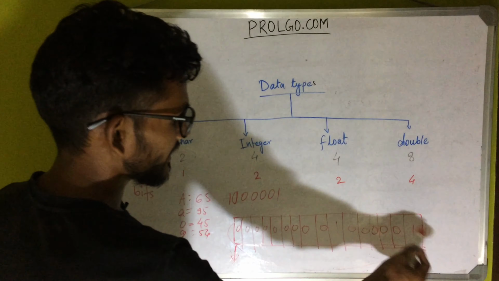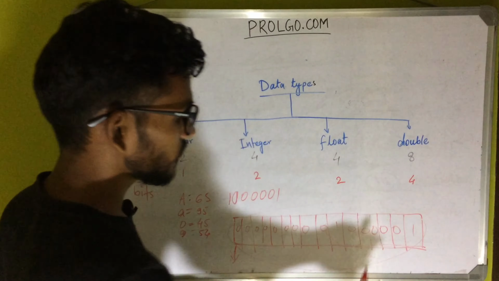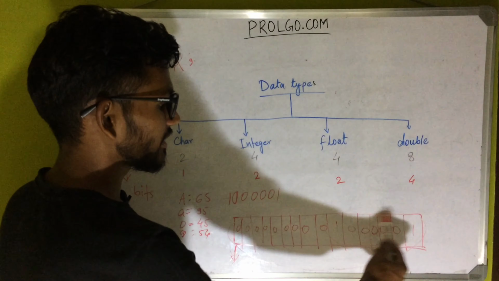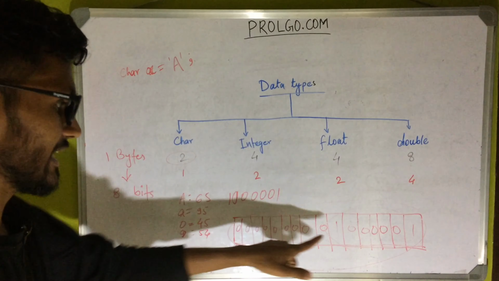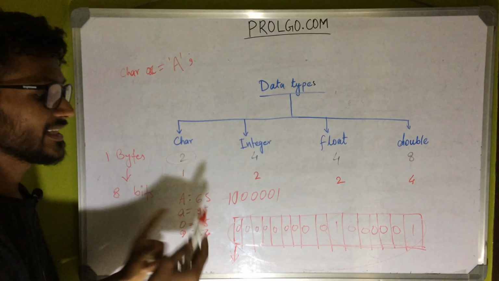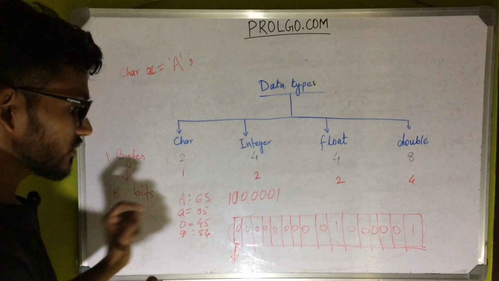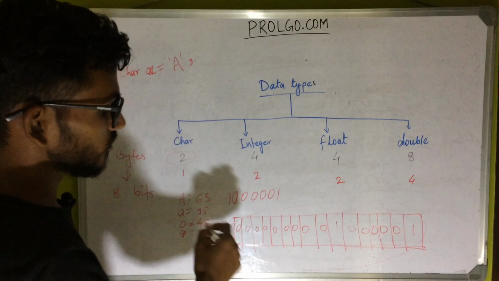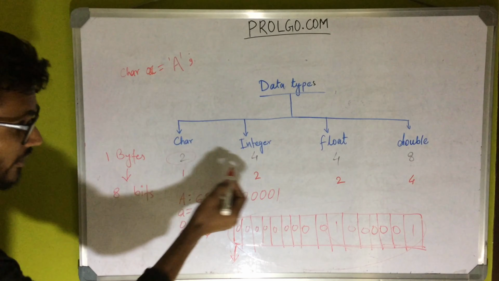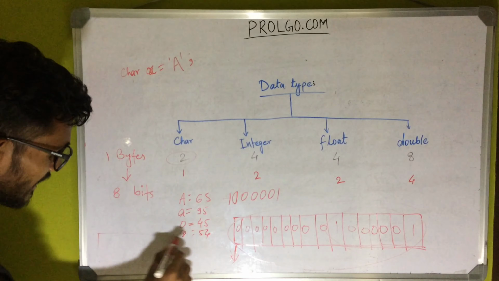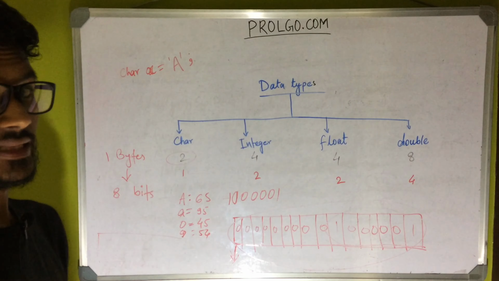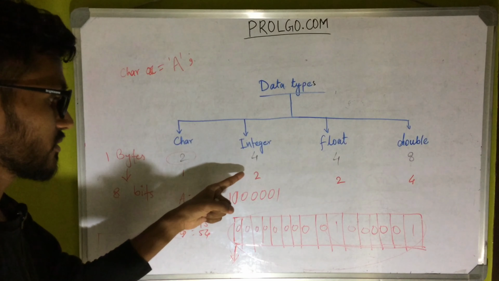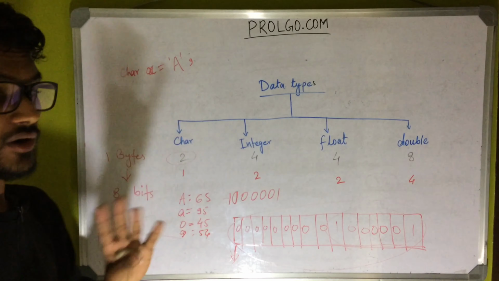After taking this data, it will convert this number again to an ASCII value, and then it will see, okay, it's 65, which is equivalent to A, and then it will give you A. So this is how data is stored. Again, if you store the number 2, it will take 4 bytes of data. I'm not talking about Turbo C; just keep that in mind. If you are using Turbo C, then it will reserve only 2 bytes.